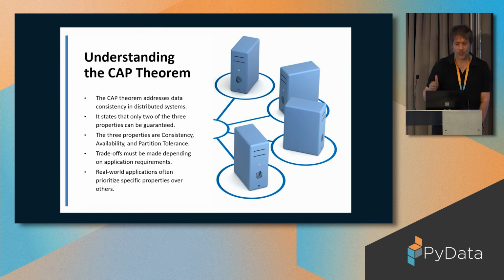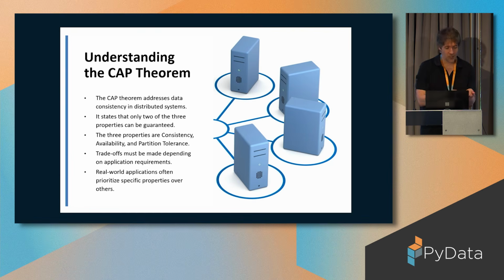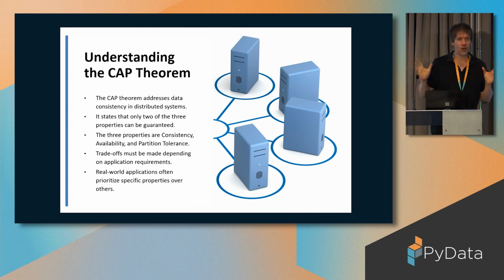Some of you know this already, but let's just go through it quickly. CAP theorem addresses data consistency in distributed systems. It states that only 2 of 3 properties can be guaranteed, and those properties are consistency, availability, and partition tolerance. That's what CAP stands for. In a nutshell, in a scenario where you have an outage, let's say you have 2 nodes that are talking to each other and replicating to each other. If there's a network problem, so they can't talk to each other, or if one node is down, in other words, there is a network partition, you're going to favor either consistency in your system or availability.